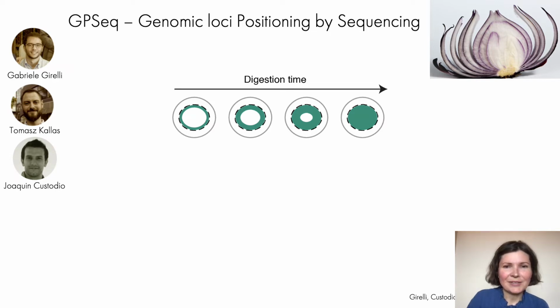So GPseq stands for Genomic loci Positioning by sequencing. It was developed in my lab by Gabriele Girelli, Tomasz Kallas, and Joaquim Custodio. And I always use this analogy to an onion for this method, because here what we are doing is sort of peeling the nucleus like an onion, trying to understand what DNA sequences tend to sit in which of its concentric layers, basically. So in GPseq, we have developed a protocol for gradual digestion of fixed chromatin by a restriction